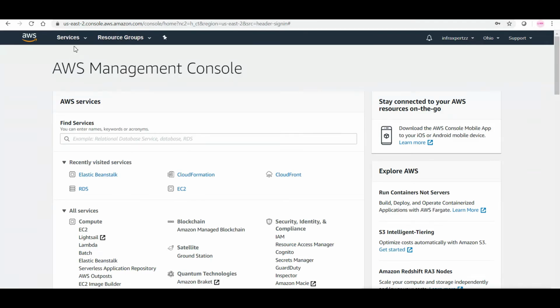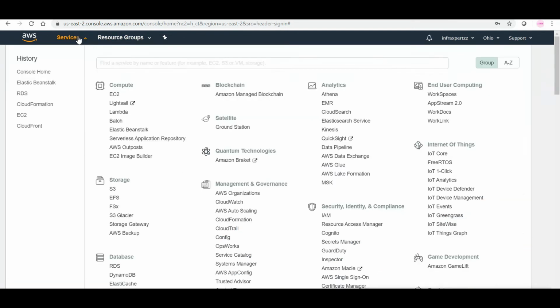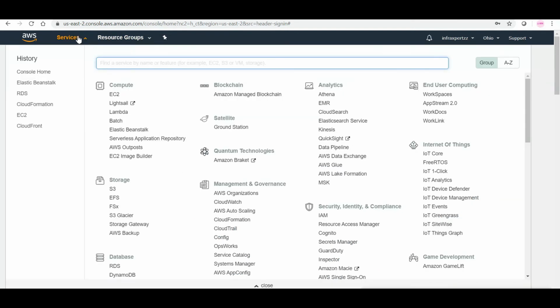I just searched it previously, and where do we find it? Actually, it can be one of your questions in your certification exams. Elastic Beanstalk, you can get it in compute. It is one of the compute resources. You can get it in here. So I've just clicked in there,